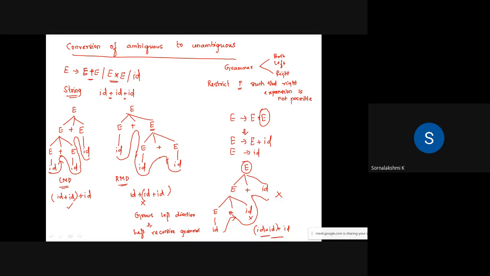Left recursive grammar. Okay, so when you've restricted your parse tree to grow only in the left direction, the grammar is called left recursive grammar. You have changed the grammar so that the tree can grow only in the left direction. Okay, fine. So next class we'll see an example with precedence. Here precedence was not a problem, only the associativity problem we have dealt with. So next class we'll